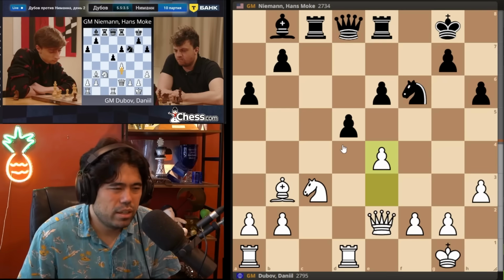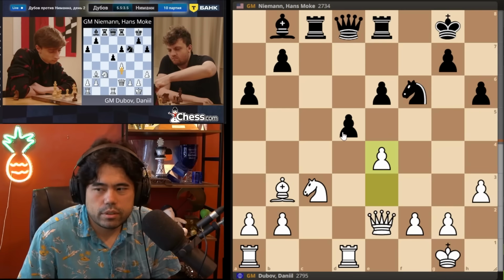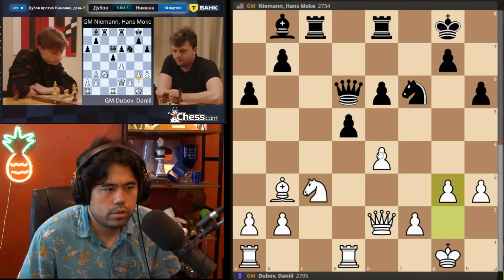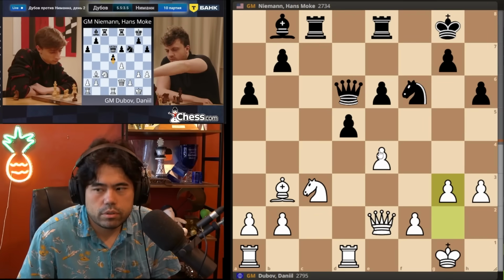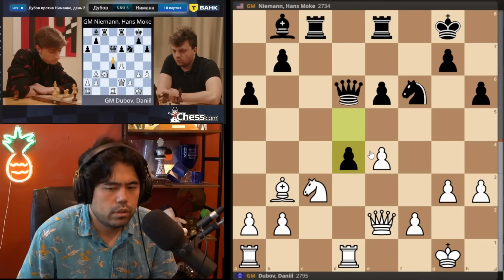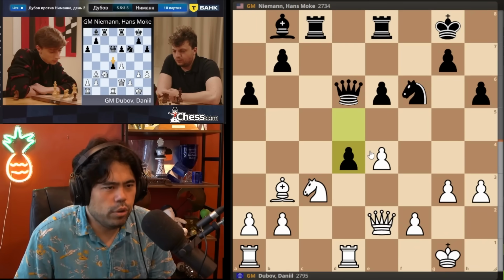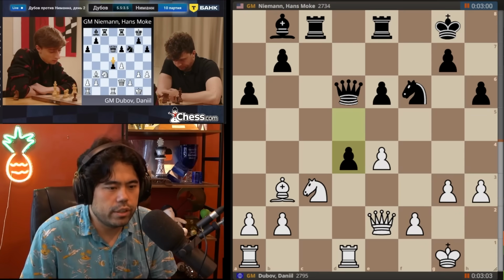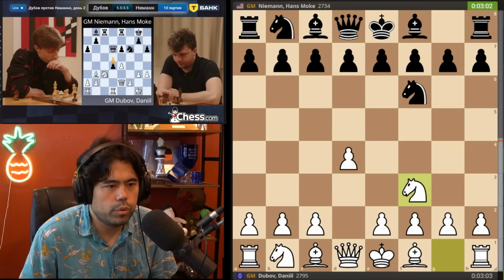He's gonna go queen d6. We'll get g3, of course. Goes d4 as expected. I don't know why detector happens right after or not. Now this is a tricky spot for Dubov here. Oh wait, here we go. Do we have the moves? Oh, we got the moves,